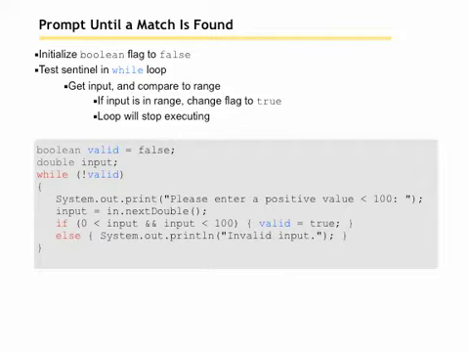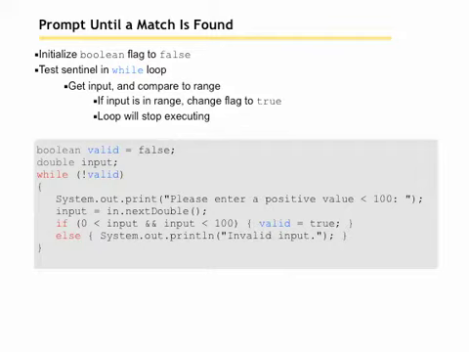System.out.print, please enter a positive value less than 100. We get something from the user, and we say if 0 is less than input and input is less than 100. So we're getting a positive value, something greater than 0 and less than 100. If that's true, we set valid equal to true. Else, we tell the user invalid input,